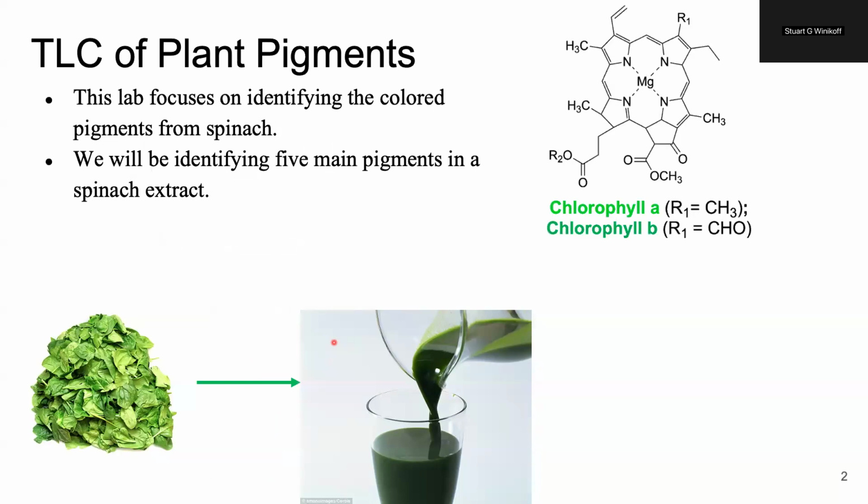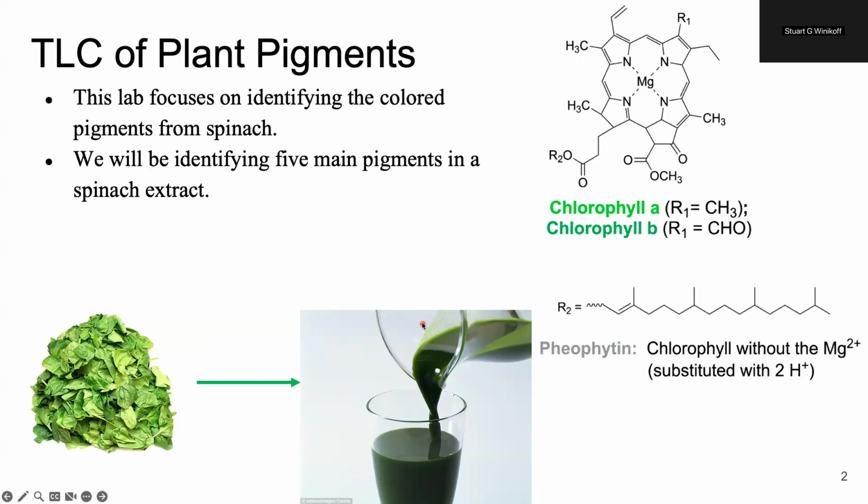So two of them you're probably quite familiar with. These are chlorophyll. So chlorophyll A and chlorophyll B. So these are going to be your green pigments. But there's a couple other ones you might not be familiar with, such as phaeophytin. So phaeophytin is more or less chlorophyll, but with the magnesium removed, and at which point it becomes much more